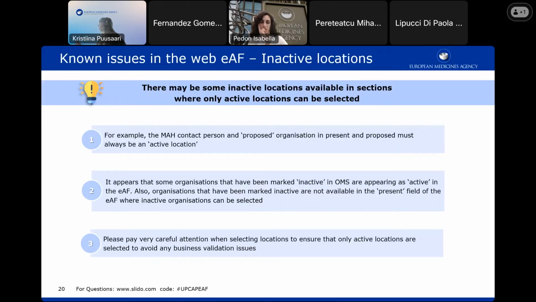This is not an issue with OMS. The information is correct in OMS, but there is an issue getting that correct information from OMS into the eAF form. So for the time being, until we have fixed this, and unfortunately I don't have an exact date for when we anticipate to fix this,